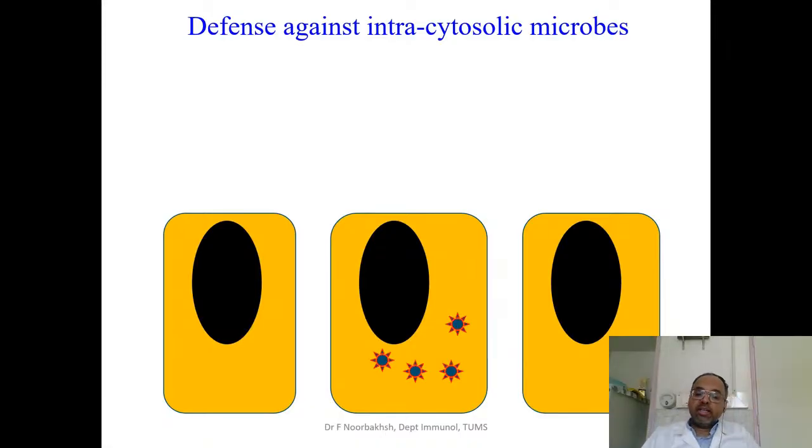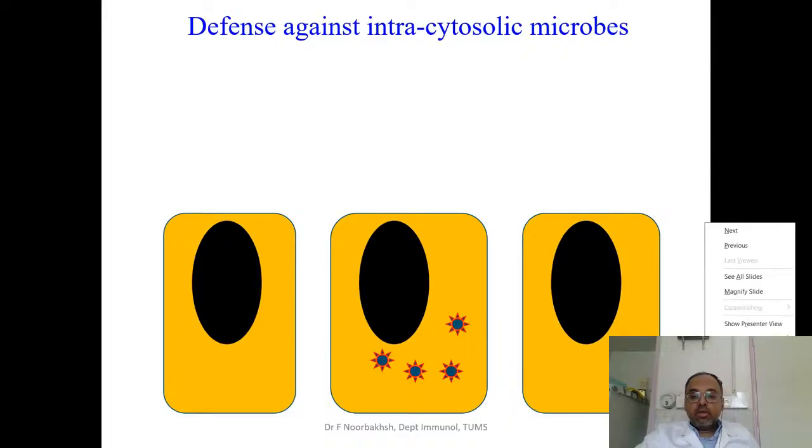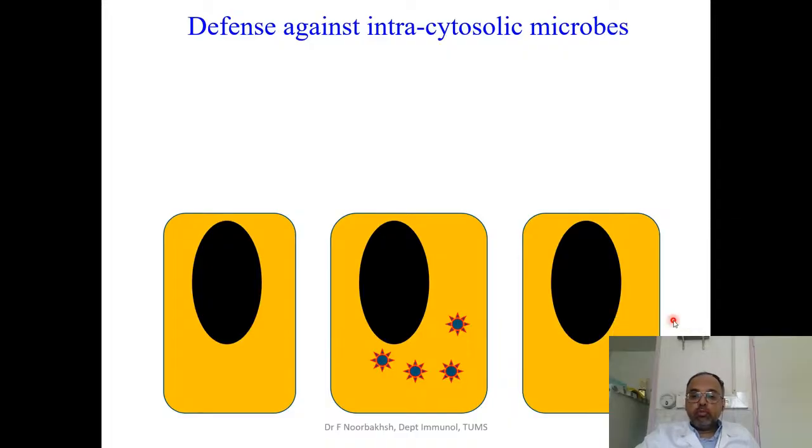Okay. All right. So let's move on to the second space, which is inside cytoplasm. The most important group of pathogens which live inside the cytoplasm are viruses. We have things like rickettsia and chlamydia, which live inside cells as well. But viruses are the major group of intracytoplasmic pathogens. So imagine that I have three cells in here, let's say three hepatocytes, liver cells, and the one in the middle is infected by a virus, by a hepatitis virus.